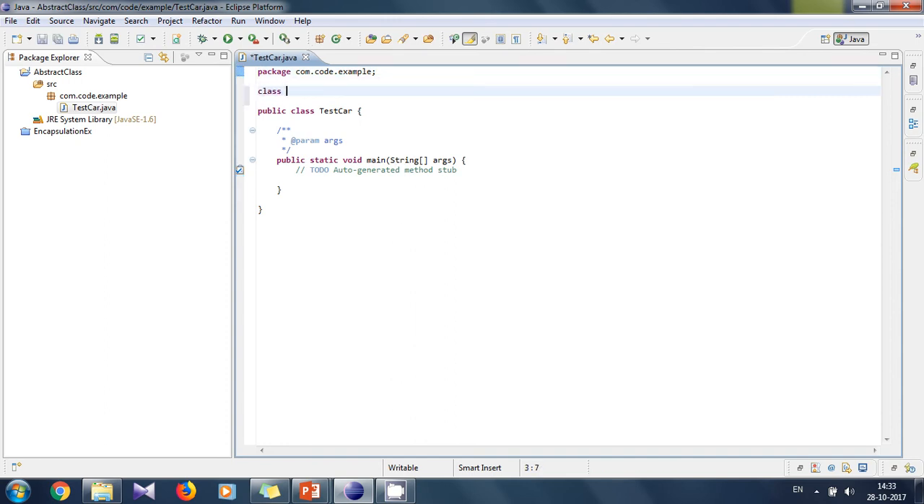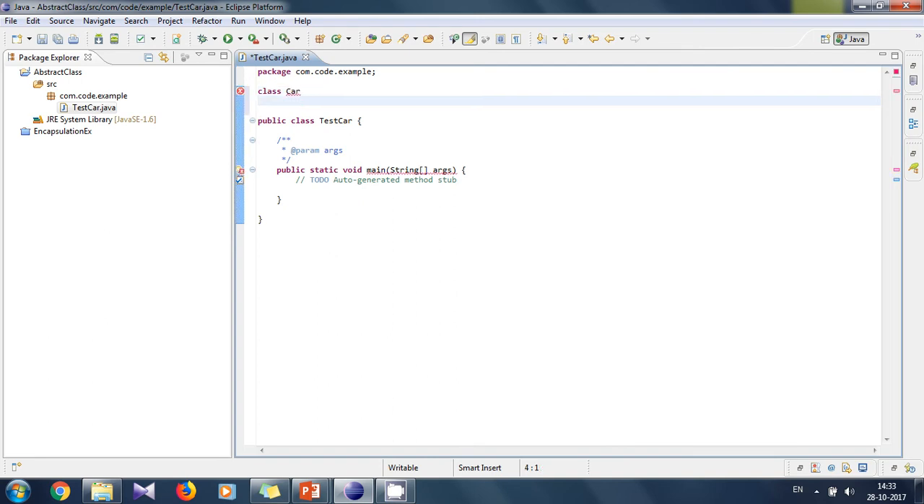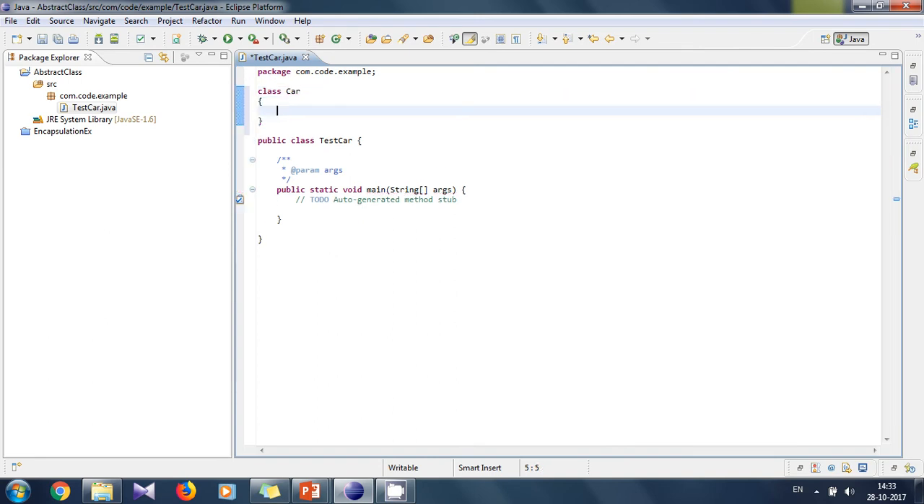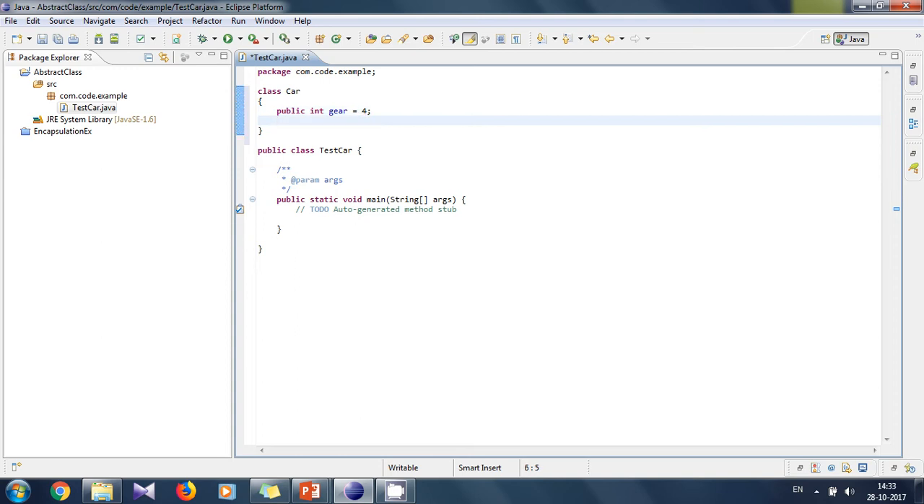Let's create a class known as car. So this is the class car, and it has a variable gear. We initialize it as a 4, and then we define one method. Let's name it drive straight. It will drive the car straight, and we don't want to define its implementation over here, so we'll just put